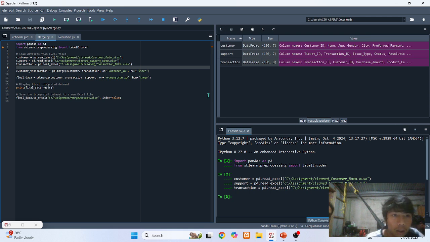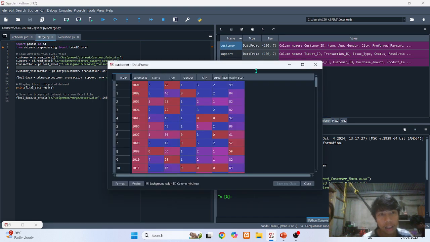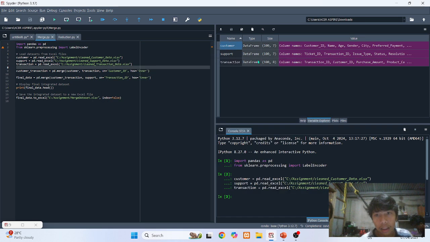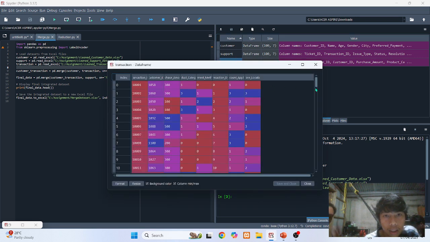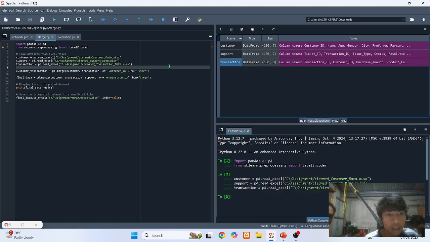First, we are going to merge the customer and transaction data, since customer and transaction have a foreign key of customer ID. So the two datasets can be merged using the customer ID. We are going to name the merge of customer and transaction customer_transaction.